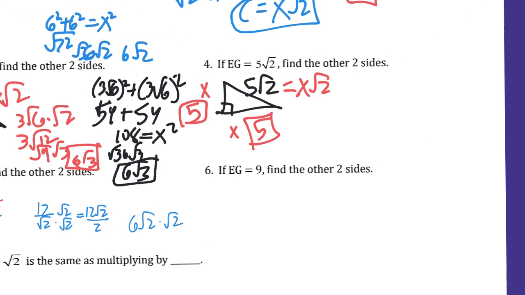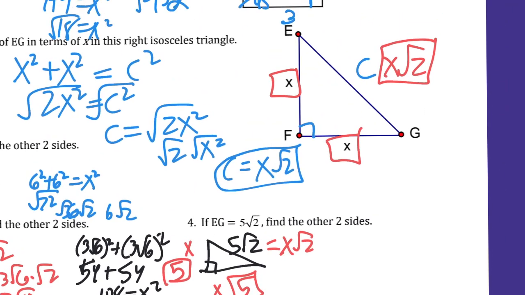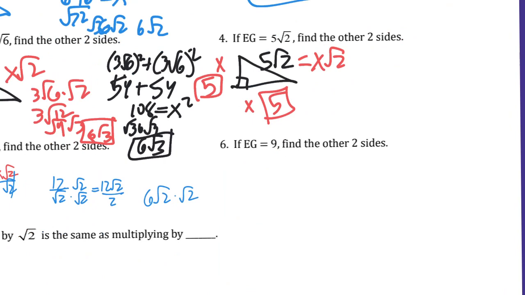If EG is 9, find the other two sides. So EG, oh, that's the hypotenuse. Okay, so let's try this. So if EG is 9, we've got to find the two legs. Okay, and so let's write on the ratios here. So if this side is x, and this side is x, and this is equal to x root 2,